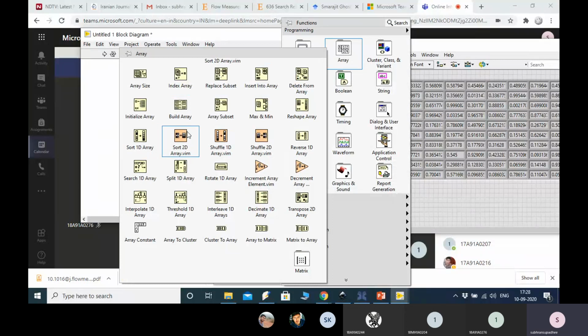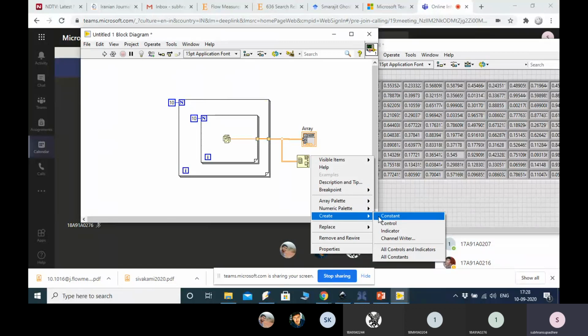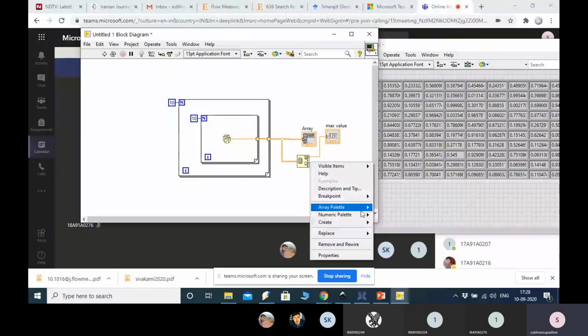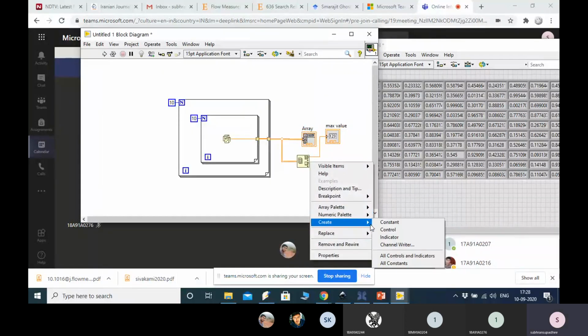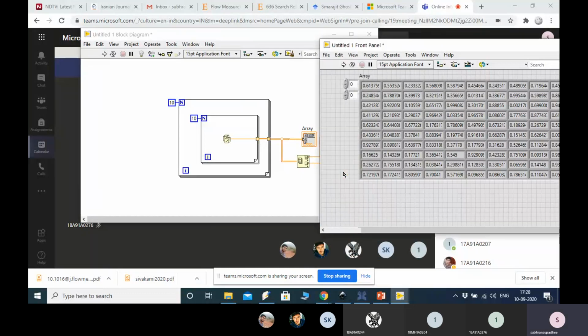Suppose you want to sort 1D array, sort 2D array, shuffle 1D array, shuffle 2D array. All this kind of stuff you can do. So find out the mean and max of the array. So just connect it with the array and you will get the max value indicator, the maximum value, as well as the minimum value, right? So